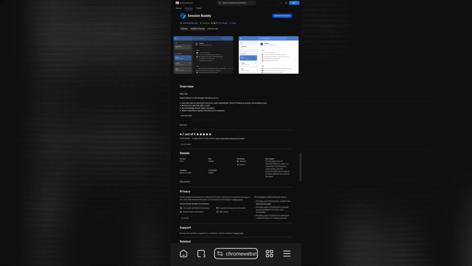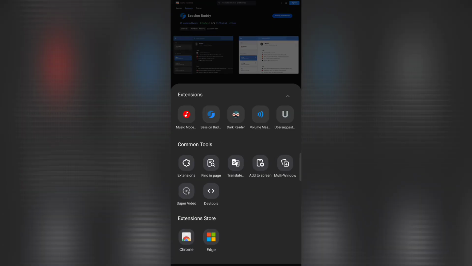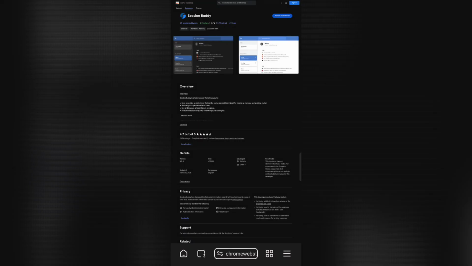So you can see this one is not working. As I said before, there are some extensions which may not work due to compatibility. Chrome App Store extensions are meant to be used in Windows or Mac, but not in Android. But there are some developers who do some work and tweak the